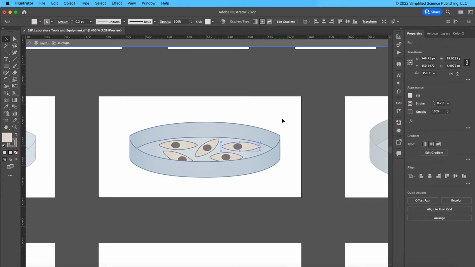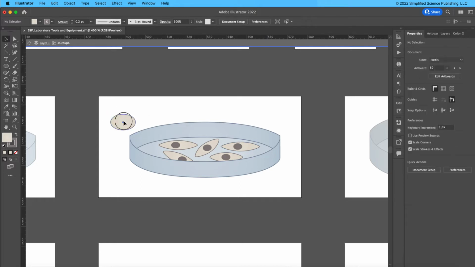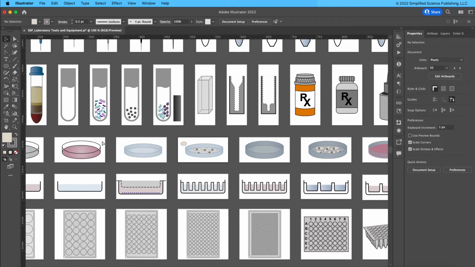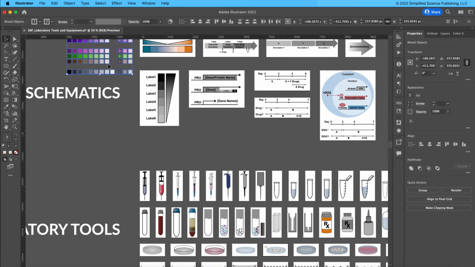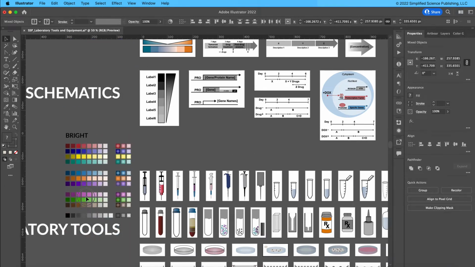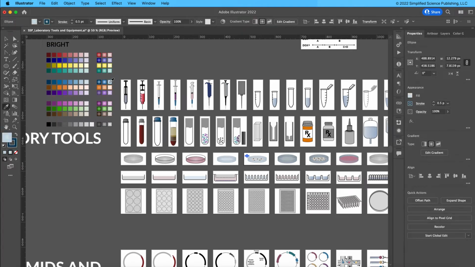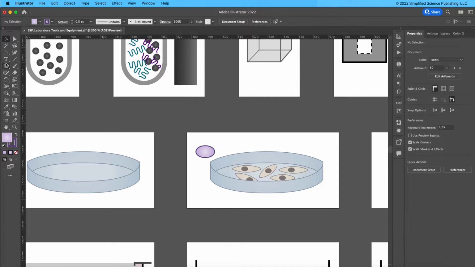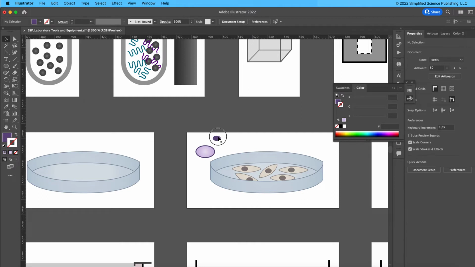You don't have to use this cell type. You can add your own shapes to the bottom of this dish. You can adjust the colors of whatever these are. You can also, again, be using that color palette provided here to be making whatever makes sense to you in your illustration. So if I wanted this illustration that I'm going to ungroup to have some blue or purple cells in the center, you can see that I just use the eyedropper tool to create my own cell type,